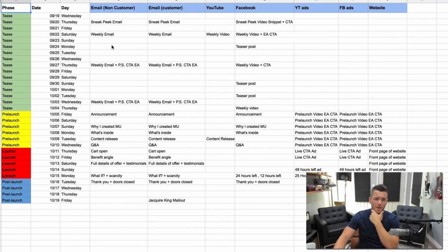So this is a spreadsheet showing dates of teaser content. This is all the pre-hype buildup in green. So these are sneak peek emails that we've mapped out, what the video is going to be. There's going to be a PS in the email. This is all the hype. Same thing with the pre-launch stuff. But then you can see launch week, and you can see post-launch week,